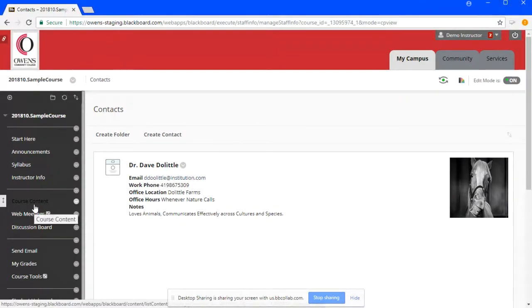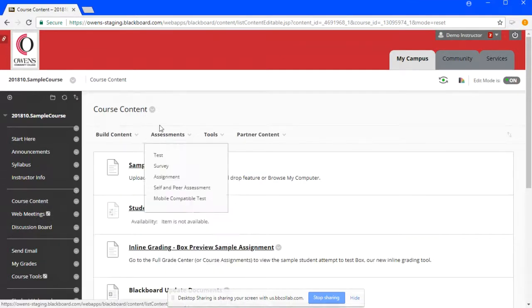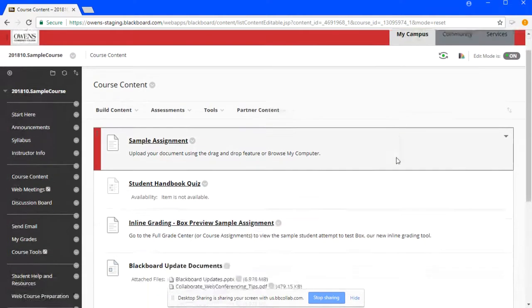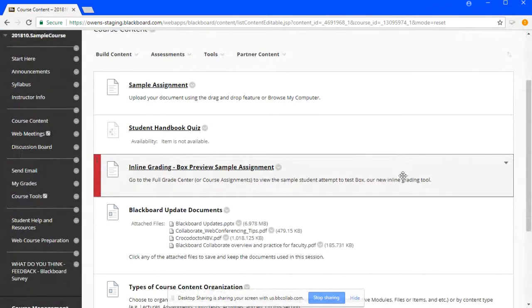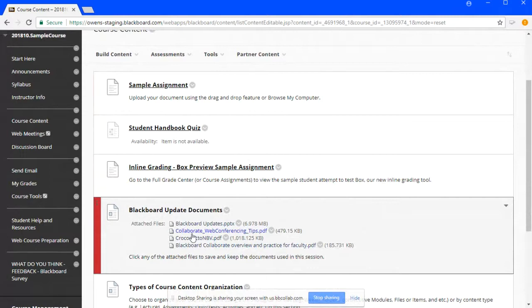Course content, going back to the menu, is still going to remain the same. Should you investigate the course content area, you'll see that there are a few sample, or like I said, dummy links. And there's also a copy of the Blackboard update documents here as well.